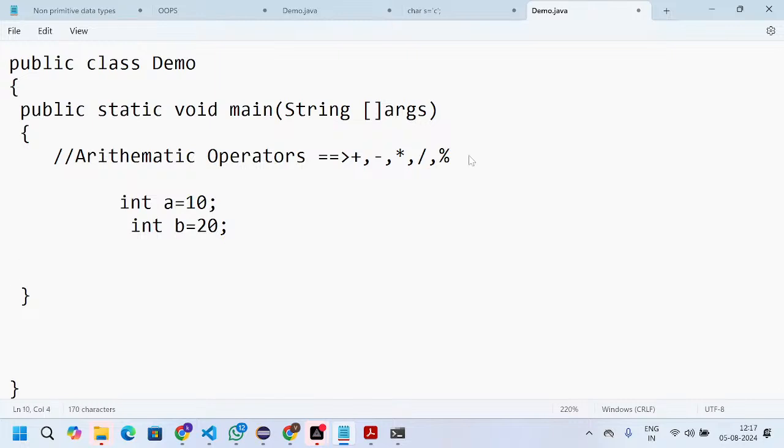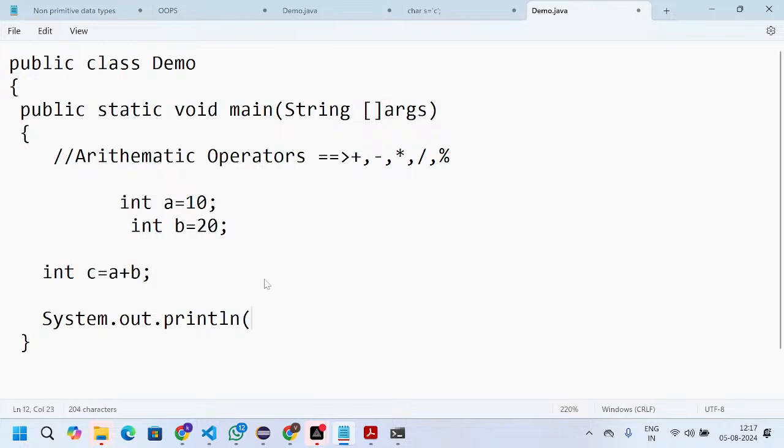We can directly take one statement like int c equal to a plus b, and then use System.out.println. This is one way; you can also mention it directly inside the println statement. Instead of writing that line, you can directly write a plus b.